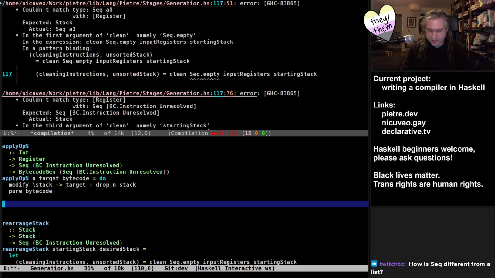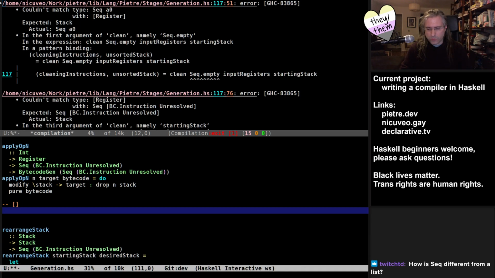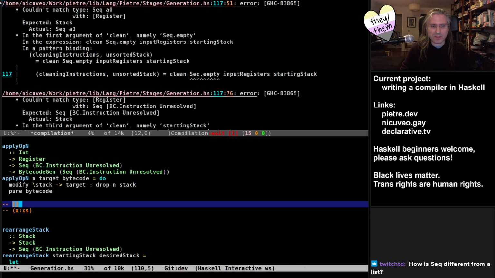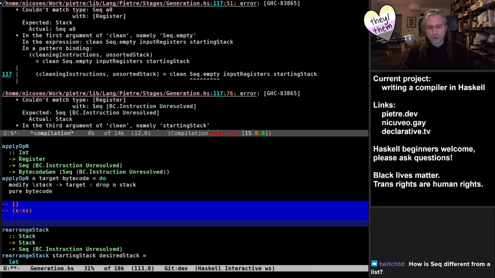List, the basic list type in Haskell, is a linked list, basically. There are two constructors, which is the empty list, and there is an element x at the beginning of the rest of the list xs. So any kind of operation on a list means going through all of the pointers and reconstructing new lists on the way back. It is very inefficient. It is very convenient from a functional programming perspective, but it's very inefficient. The compiler has a lot of optimizations around lists, list fusion and everything, to try to make working with lists not that bad. And a lot of this will be unrolled by the compiler anyway. But